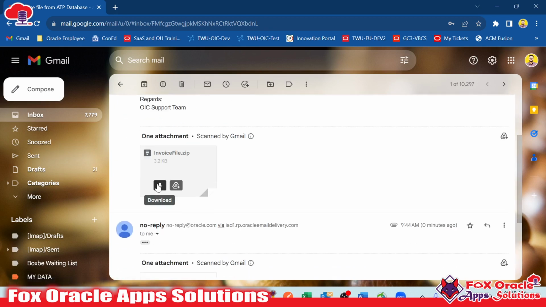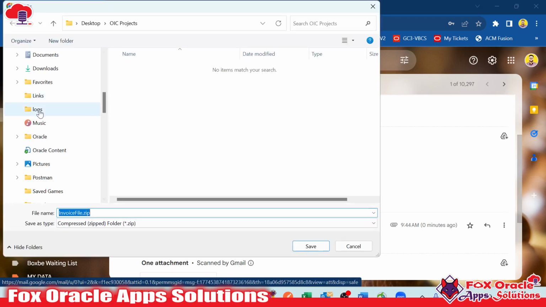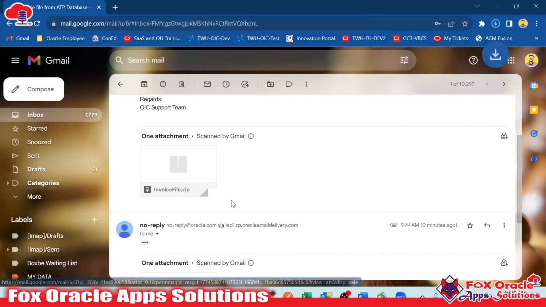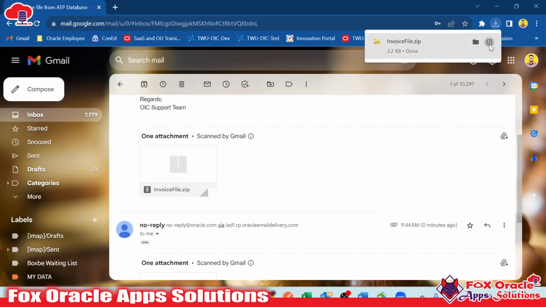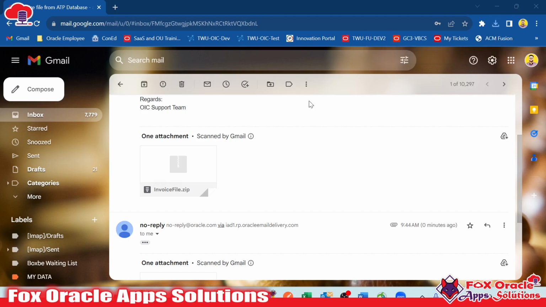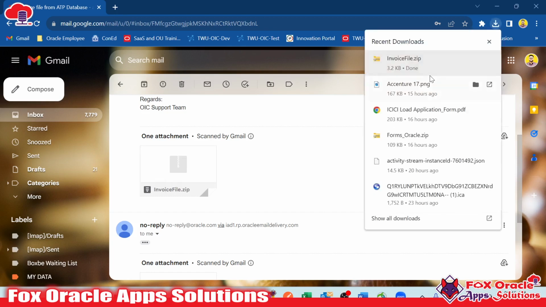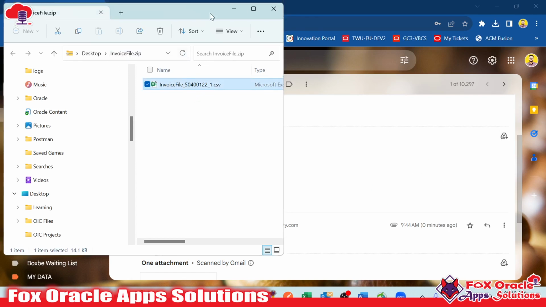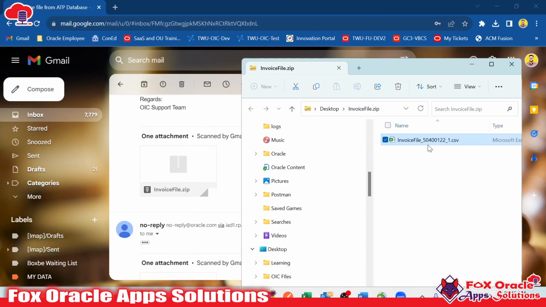And if we download the zip file, let me download the zip file on desktop only. We downloaded the zip file and we will open it. You can see that the zip file has the same data. Here you can see this is the invoice zip file, and this zip file has the CSV file, and the name of the CSV file you can see